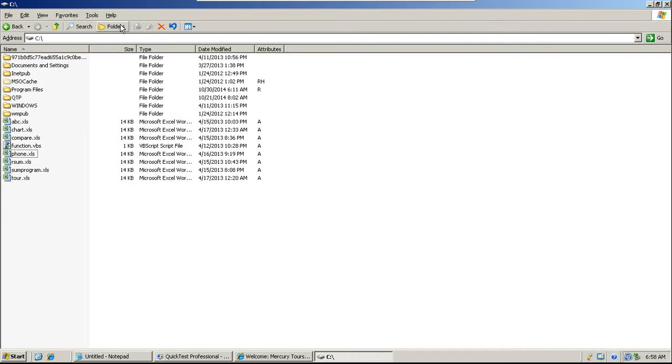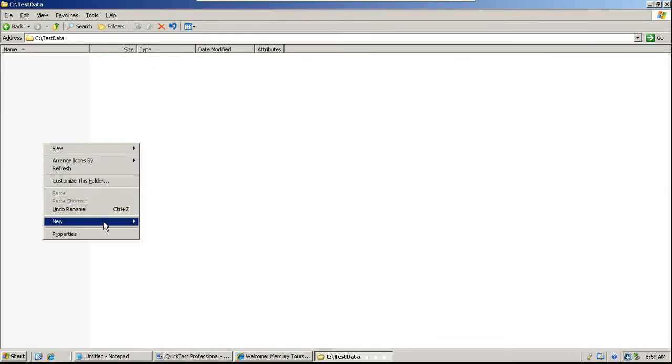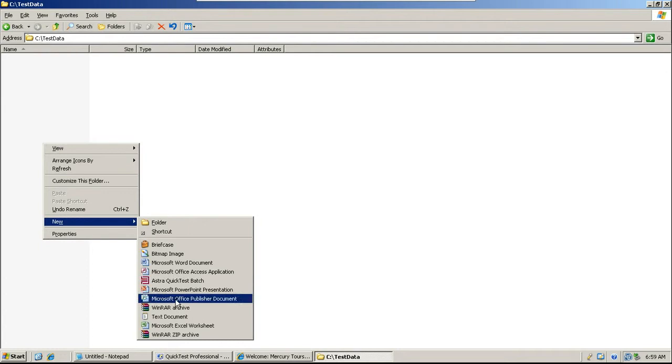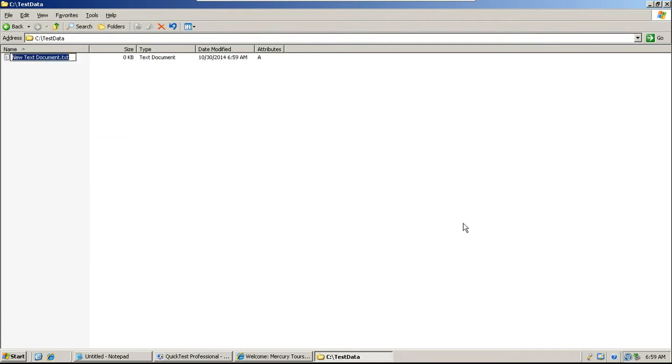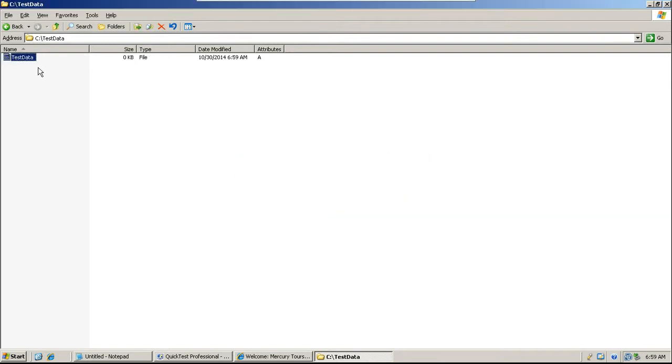I'm going to create a new folder here. The folder name is test data. In the test data folder, I'm going to create another file called test data.txt.